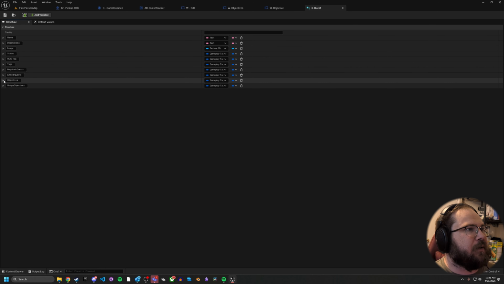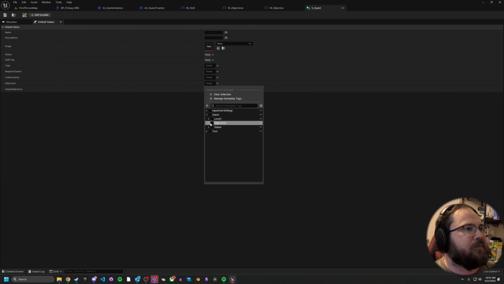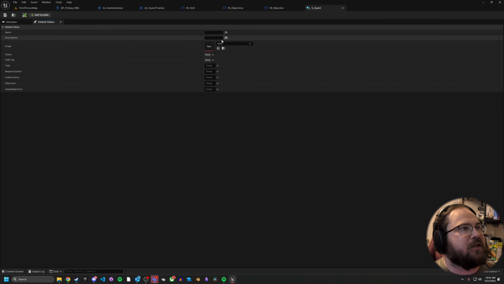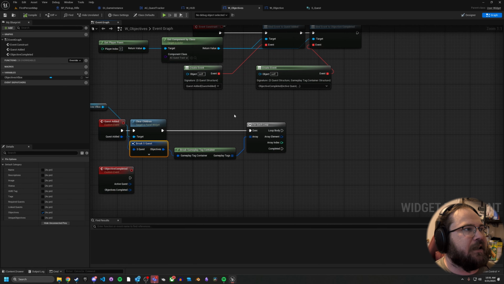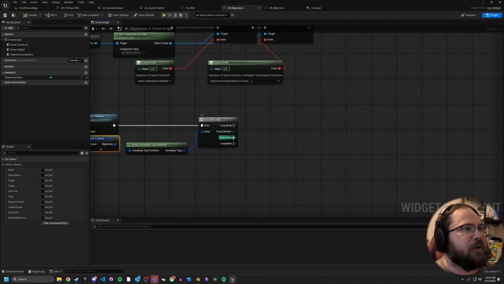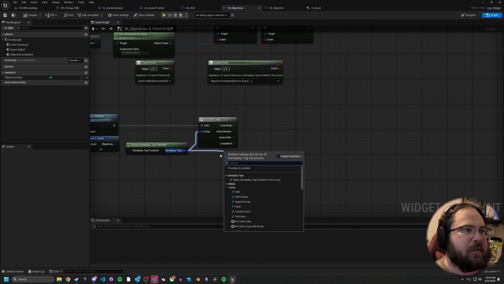So for our objectives, we're going to have a gameplay tag for each. But gameplay tags by default don't necessarily have clean names depending on how they're set up. Actually, I wonder if we can just test this out. Let's go ahead and see what it looks like. Because sometimes, depending on how you have your gameplay tags named, you can get away with just using their names directly. Sometimes you'll want to create an array of those names,